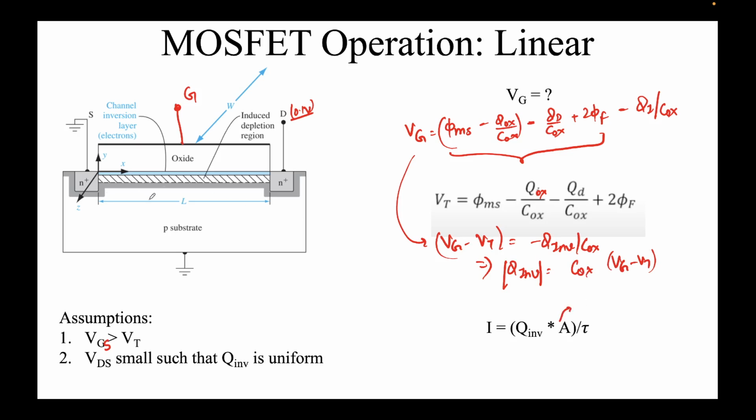Area will be the length of the device, which is given by L here, and the width of the device, which is into the plane of the paper, negative z direction. So area will be L times W. Fair enough. What will be tau? Tau I can write